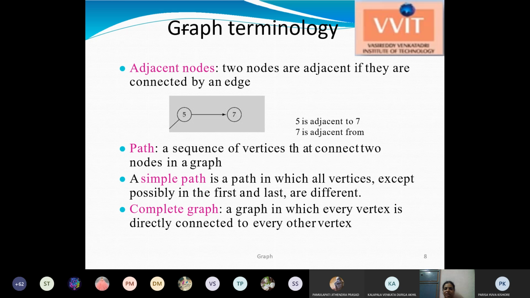The first one is adjacent nodes. This word is generally used to specify the nodes which are neighbors to the current node. Say, for example, you want to find out the neighbor places or neighbor persons. Neighbor persons are nothing but the persons who are nearby to us, with a very small distance.